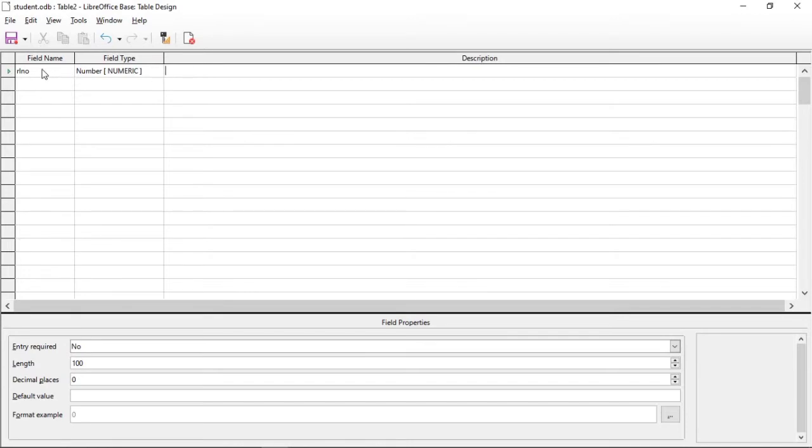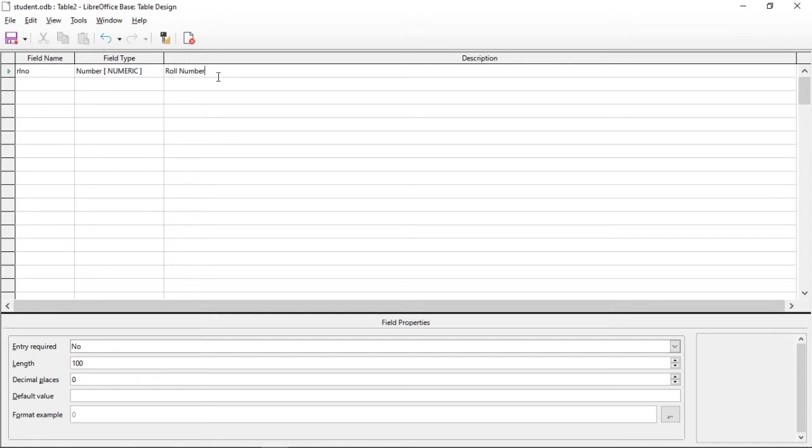Many times we specify a field name in a short form, so we have to describe it within this description box. This is the roll number of a student, so we mention that here. This is not a compulsory part. Only two things are compulsory while creating a table, that is field name and field type.